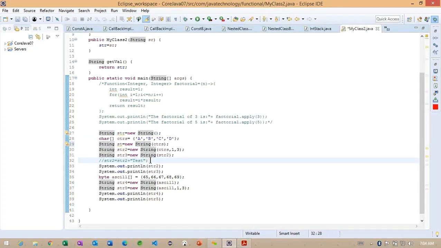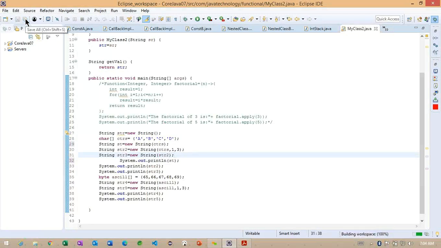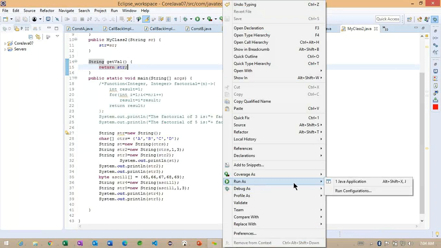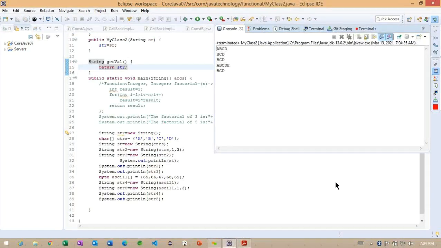Let me print one more sysout here. If you observe, I want to print ST. From line number 32 we are going to identify each println statement.